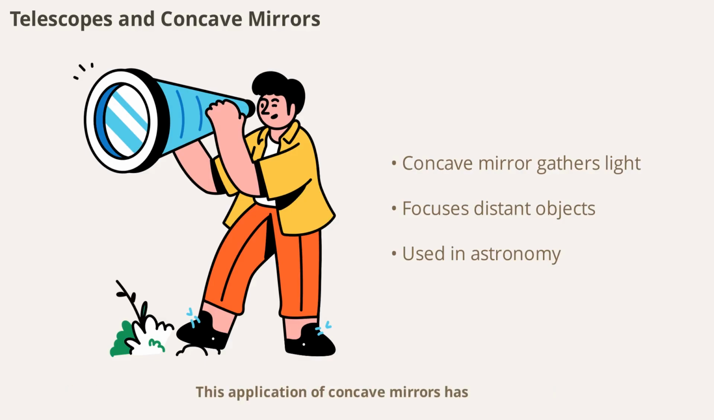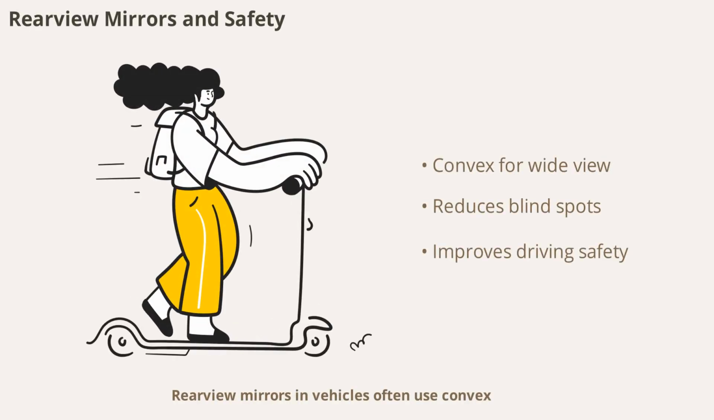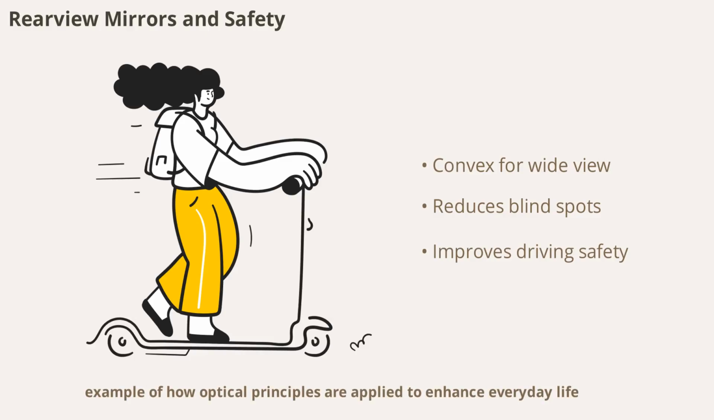This application of concave mirrors has expanded our understanding of the universe. Rear-view mirrors in vehicles often use convex mirrors to provide a wider field of view. This helps drivers see more of the road behind them, reducing blind spots and improving safety. The use of convex mirrors in transportation is a practical example of how optical principles are applied to enhance everyday